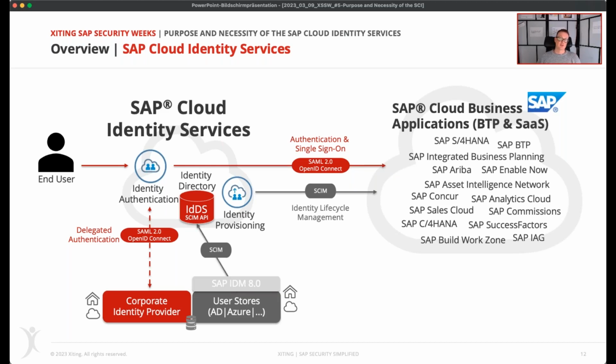And Cloud Identity Services supports most of the common industry standards, and this way allows very flexible deployment scenarios and also integration scenarios. So in our work with SAP customers, we see very diverse requirements and needs. So some just need to solve some basic authentication capabilities, like to ensure a single sign-on for their few SAP Cloud applications in use. So they mainly have the scope on the Identity Authentication Service that we see here on the screen. They have no touch points with user provisioning at all.